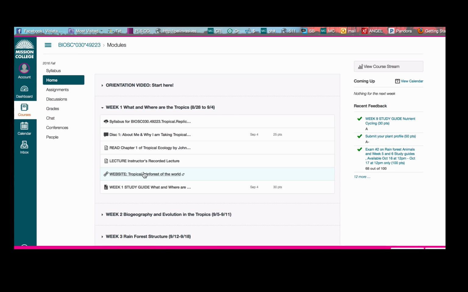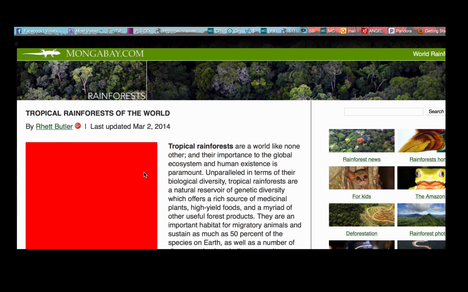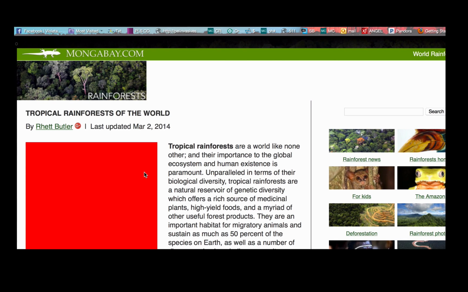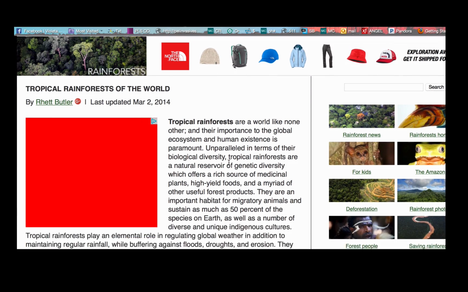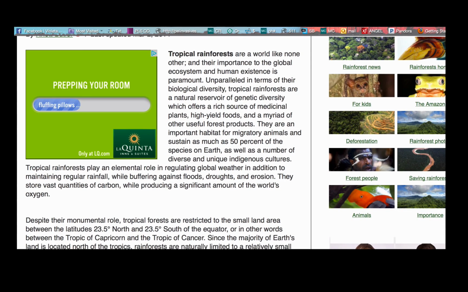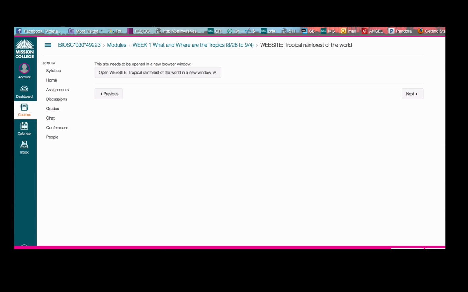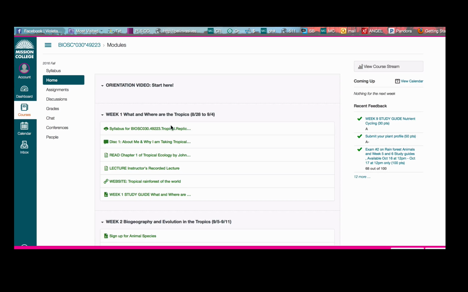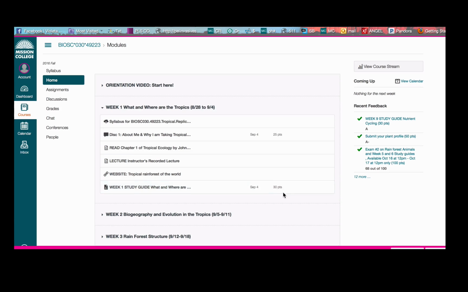Next, there's a website that I'm asking you to take a look at. It's an excellent overview of the tropics from mongabay.com. And in here you'll find information that'll be very useful when you go about completing your study guide for the week. And you can see that is a graded item. So opening the study guide for week 1,